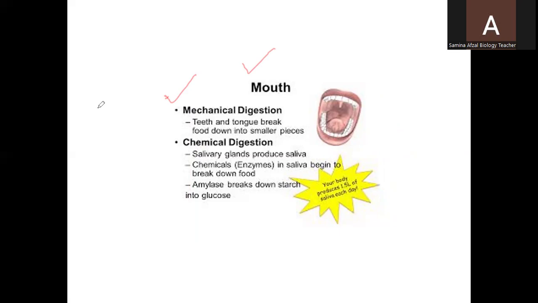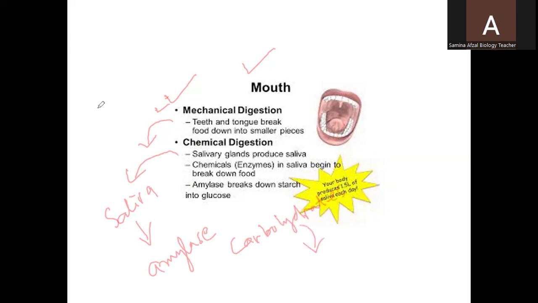Mechanical digestion because teeth are there, which break down the larger food particles into simple molecules. So mechanical digestion takes place in the mouth, and the chemical digestion also takes place in the mouth because salivary glands are there which secrete the saliva, and saliva contains an enzyme to digest the carbohydrates